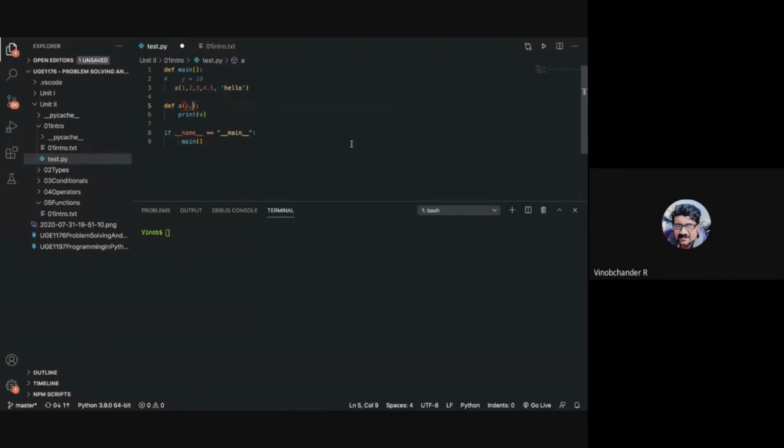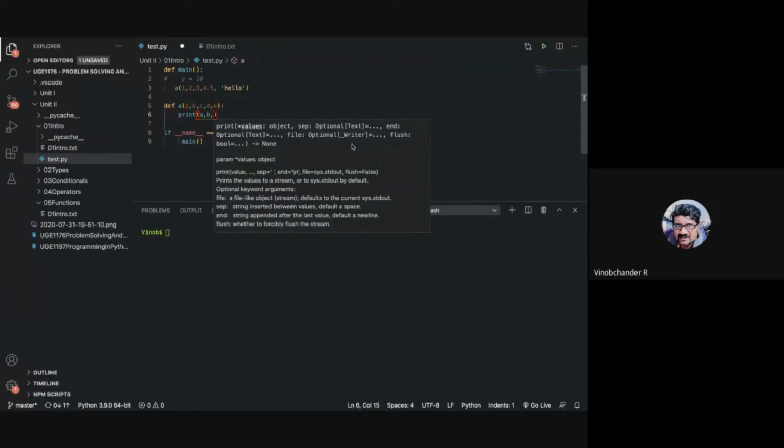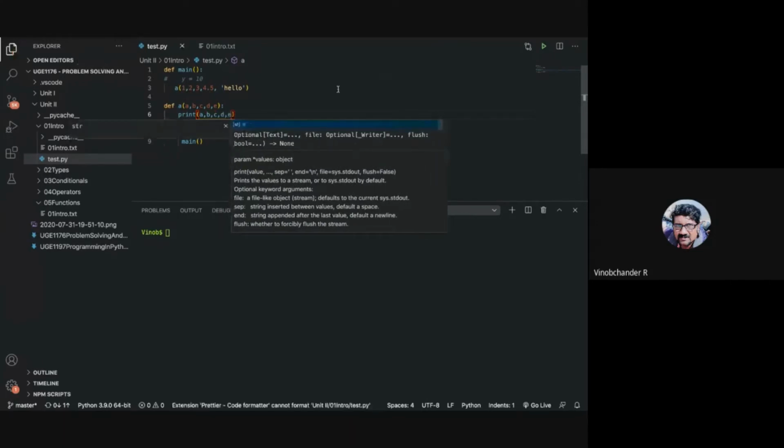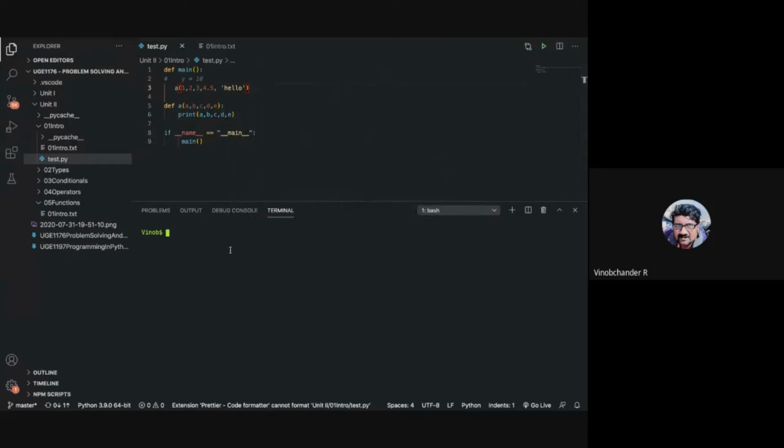So let me say it as A, B, C, D, E, and print A, B, C, D. So if you want to pass multiple values, you separate them with a comma. These could be either values, or again, these could be variables.